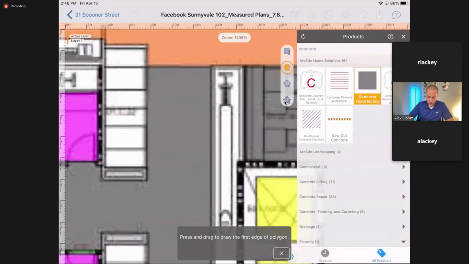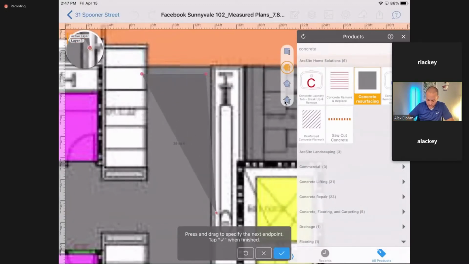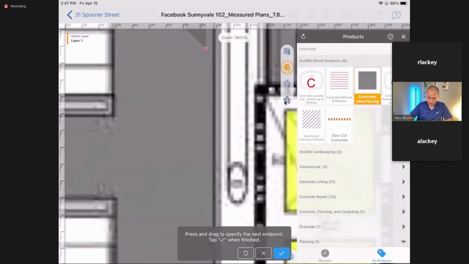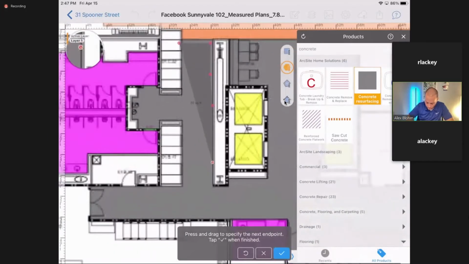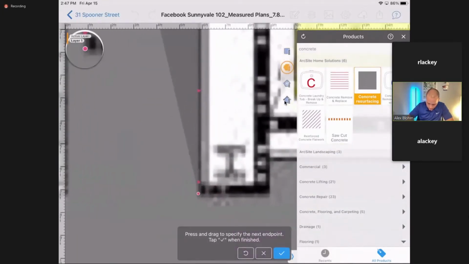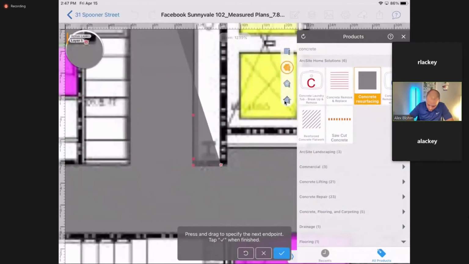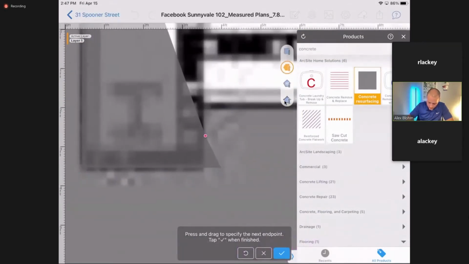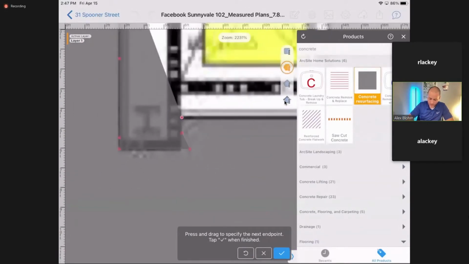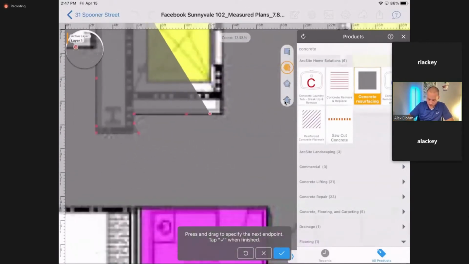So essentially what you'll do is drag your finger here and start drawing out where it's going to go. It doesn't have to be perfect the first time you go through it, just because there's a lot of different things you can do. And as you zoom in, it gets a little bit easier. As you can see, it's snapping to each individual one of those little sections right here. Then you'll just trace the outline of what we're looking at here. Once you hit OK, it saves the